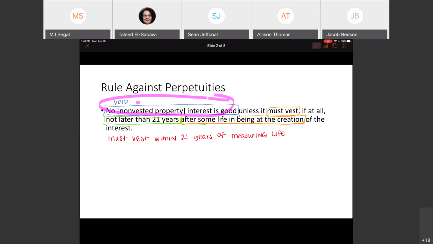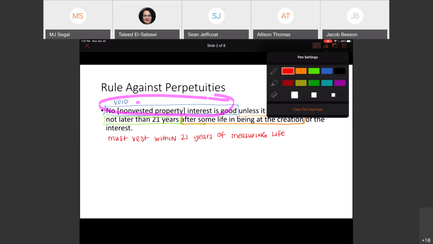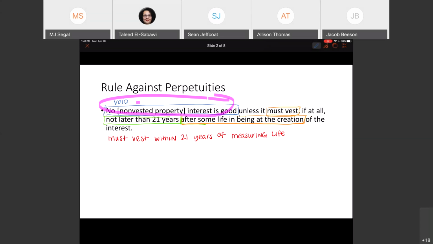So that's really what the rest of this is saying, and we're going to break that sentence apart even further. But we know right away from this sentence, the interest must vest within 21 years of a measuring life,